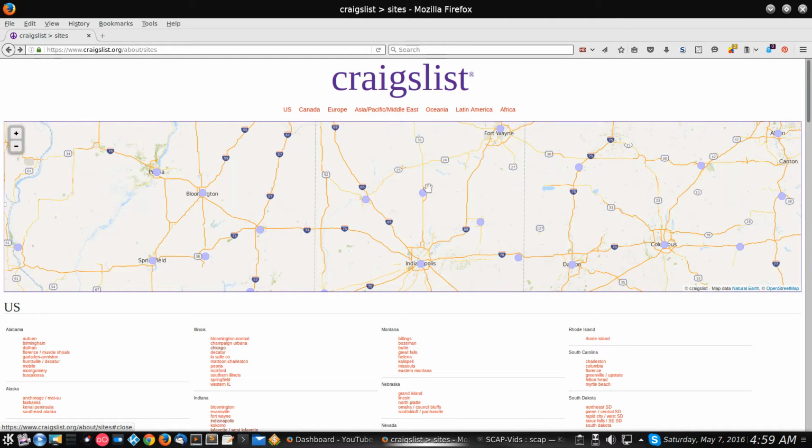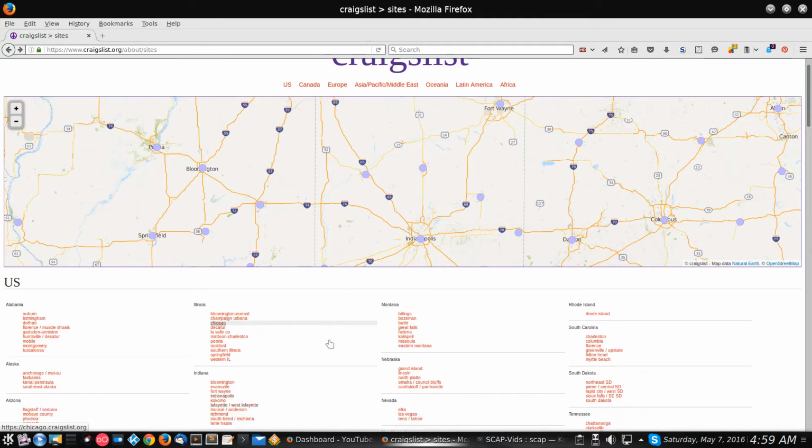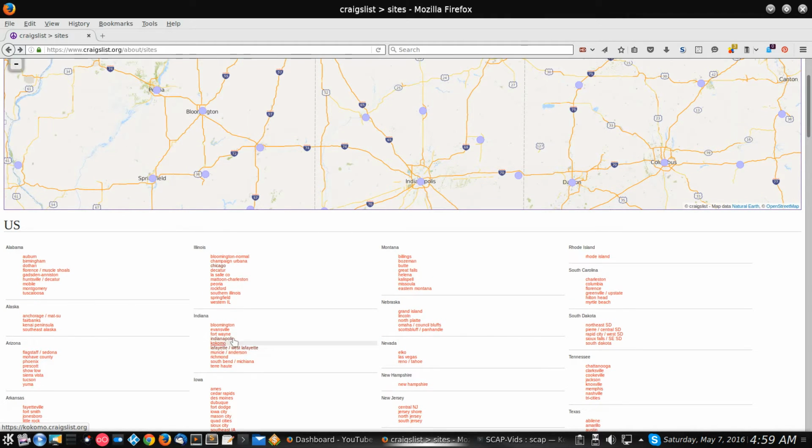Now understand that all these purple links, if you will, these purple circles, all correspond to these down here. It may be quicker for you if you already know what you're looking for. So like down here, here's Indianapolis, which we see right here corresponds to this one. There's Kokomo, which we just looked at a minute ago. That corresponds to that one. This one happens to be Lafayette, West Lafayette. That'd be this one here. It's actually not called that. It's called Tippecanoe for Tippecanoe County.